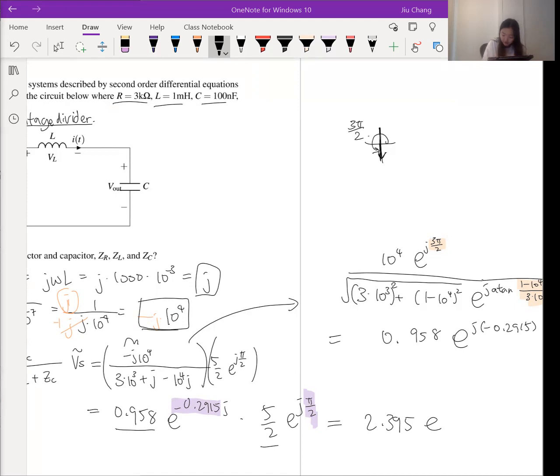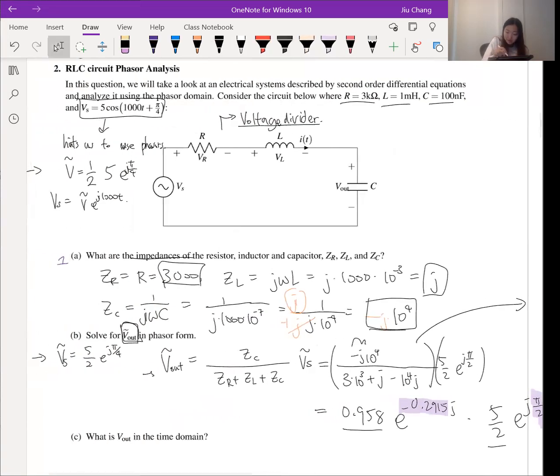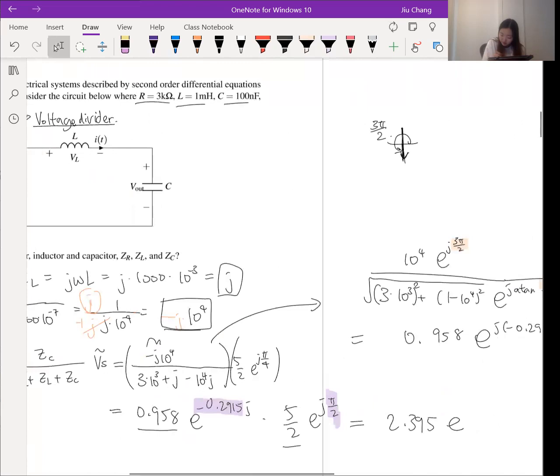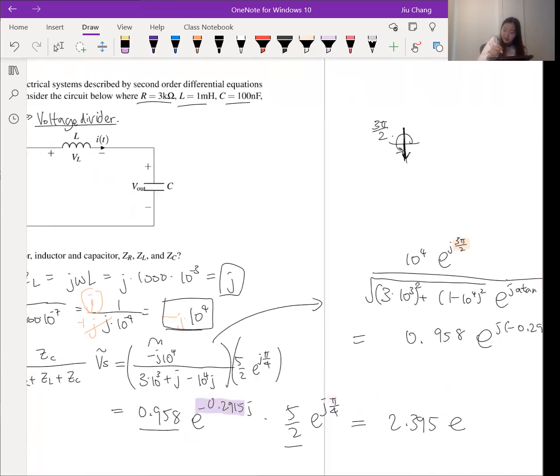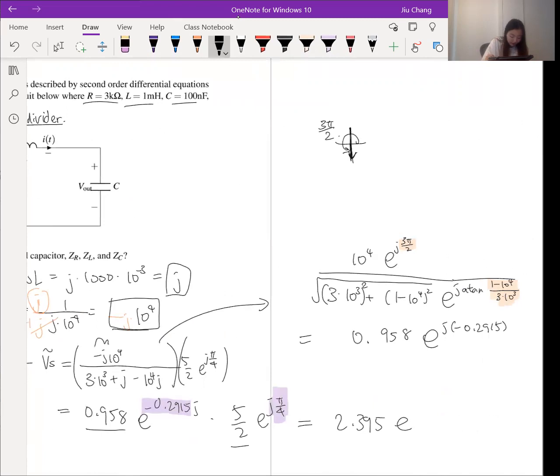Oh wait, sorry. It was pi over 4. That was my mistake. So I should switch all these to pi over 4. So we need to add our negative 0.29 with our pi over 4. And that finally gives us